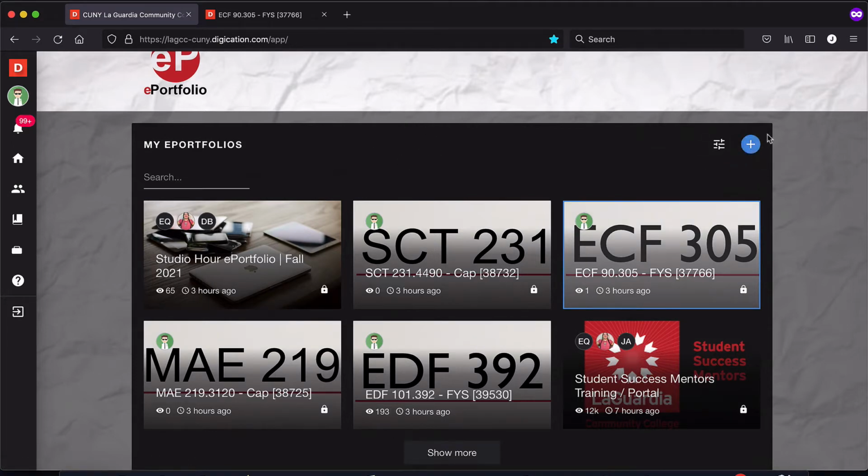I'm gonna click the blue plus icon to create a studio award template, as you can see on the right side. And make sure that you have the information of all the classes. What I mean is that you should have the name of the class, the number of the class, and the 5-digit code. So I'm just gonna click the blue plus icon over here. Once I click it,